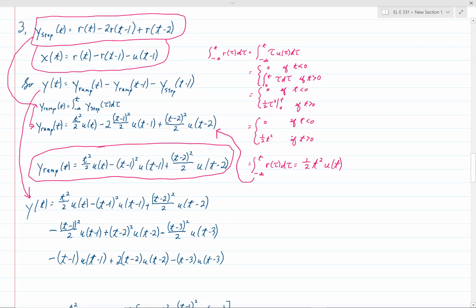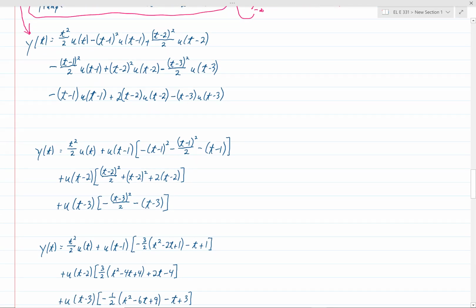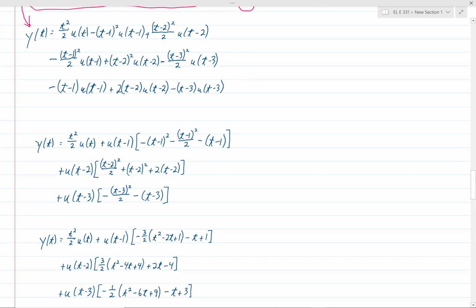So that's where those three terms come from. And now it's just a matter of bookkeeping. All we have to do for the rest of this problem really is just to make sure we don't lose track of things. And so I grouped